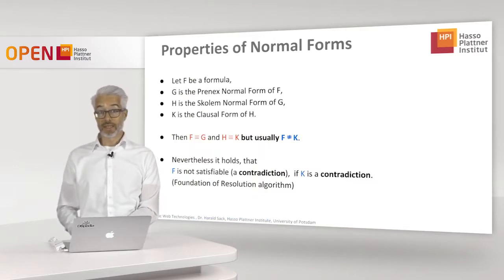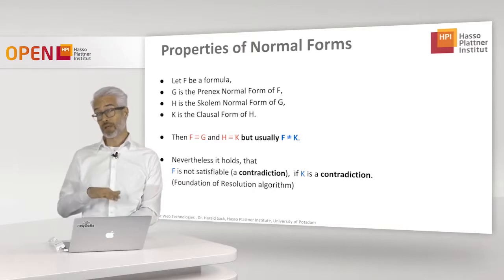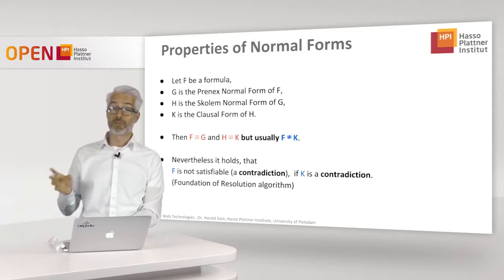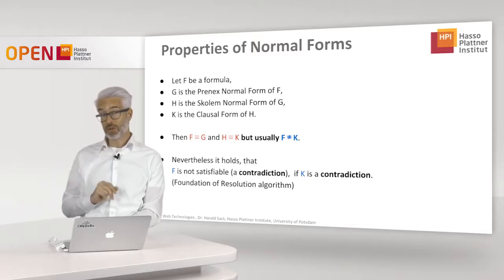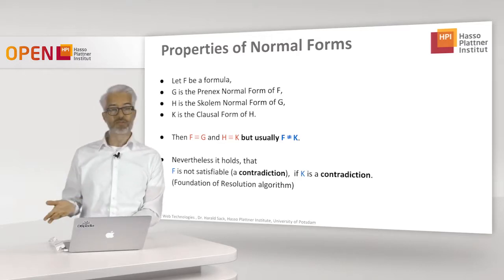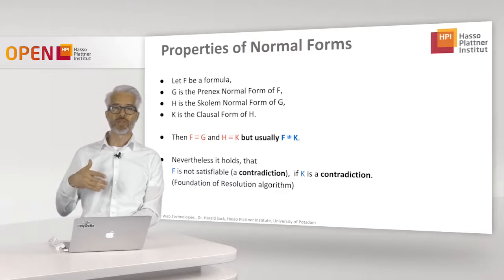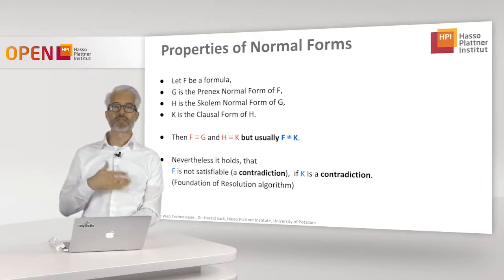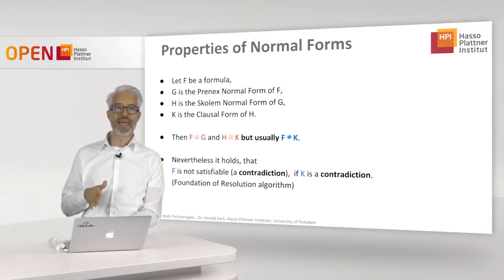One remark on the side: these normal forms of course have several properties, and as you have seen, due to the logical equivalence transformations, the formula still stays the same, but we also have this a little bit strange Skolem normal form, and this is exactly the one that makes some problems. So if f is the formula, and let's say the first transformation into Prenex normal form is g, the next transformation into Skolem normal form is h, and k would be the clausal form,